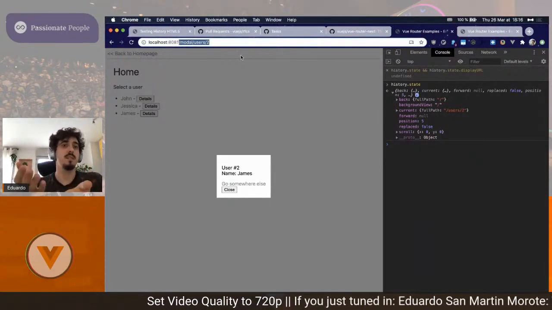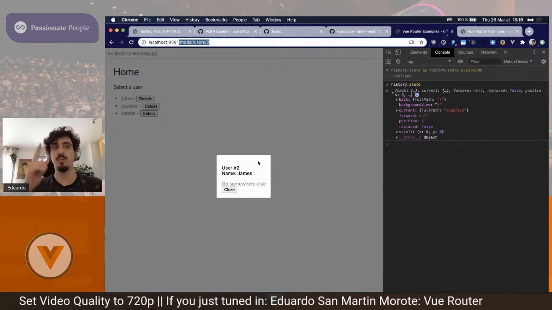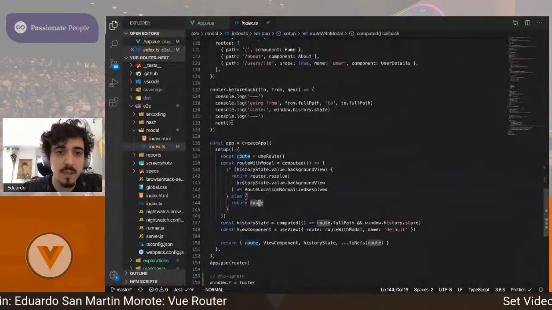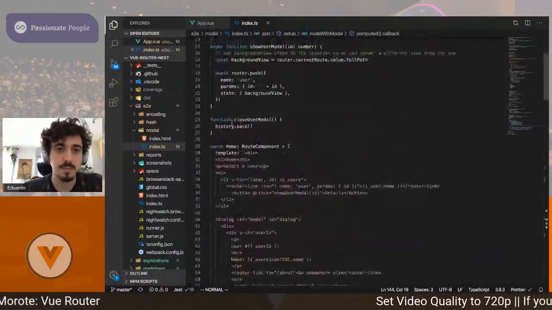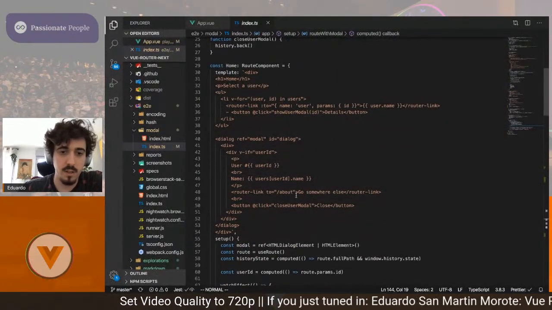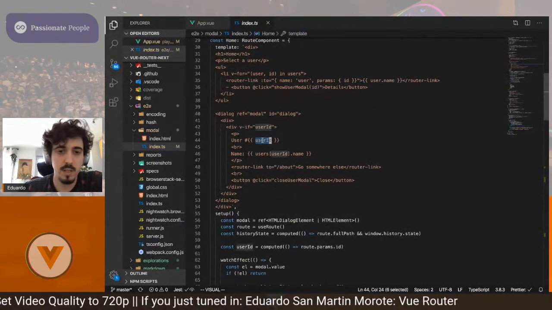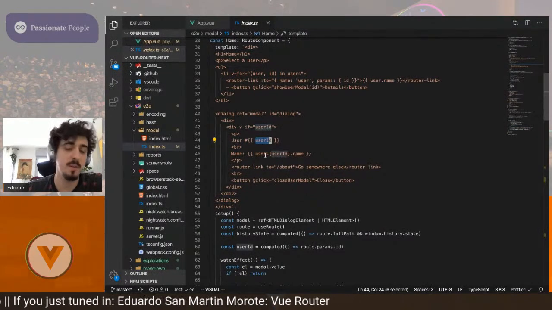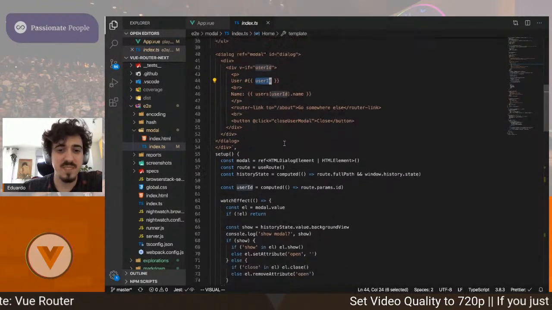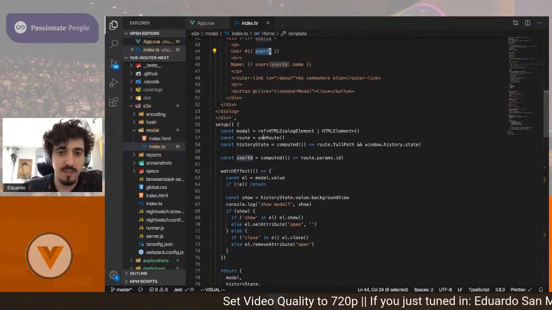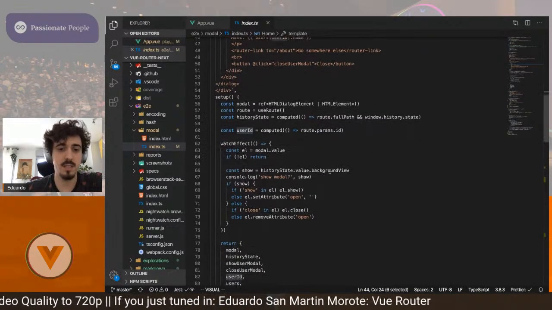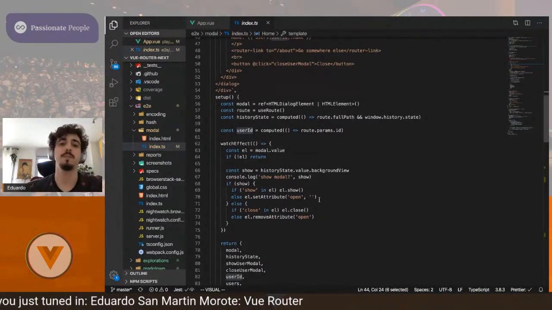The current route is still the one that you have on the URL, so you can still retrieve the params and everything normally. So if you look at where's the home? Here. There is a modal here, and you can see that we have a user ID. So it's not very readable because it's a string template, I know, but still bear with me. So you can see that we have the route, and we use that normally because that route still changes, and we just open a modal and close it.